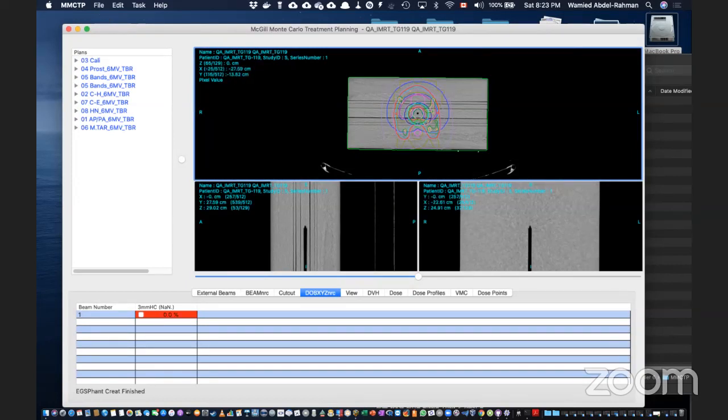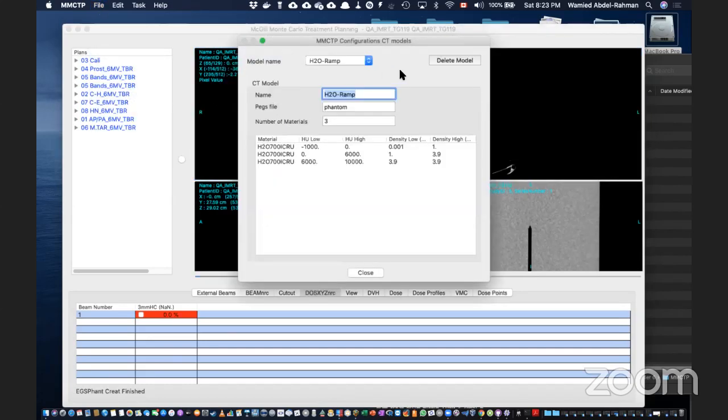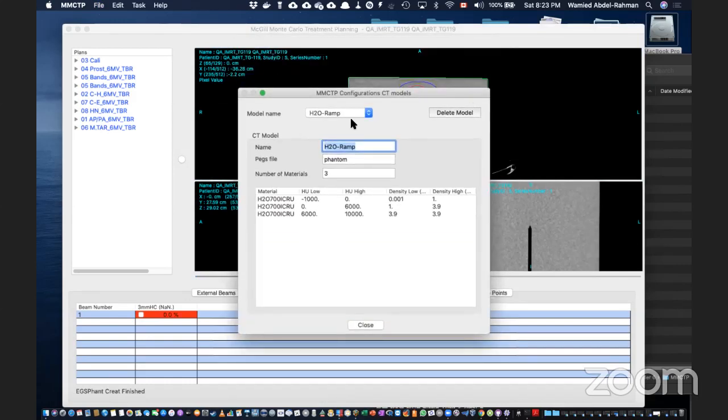How does it do it? I did not talk about it because I will probably make it later. This CT model is basically a ramp. It uses what's called a water ramp. Basically, this is what a typical planning system does. All the voxels are water, actually, in a planning system, even with heterogeneity correction. All it does is change the density of each voxel, but essentially the dose or material is assumed to be water. So here we're defining a model number, water, for example, from the CT number from -1000